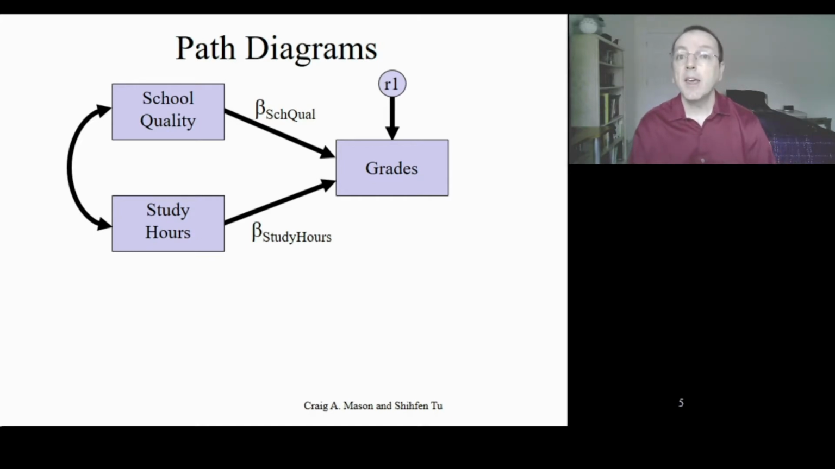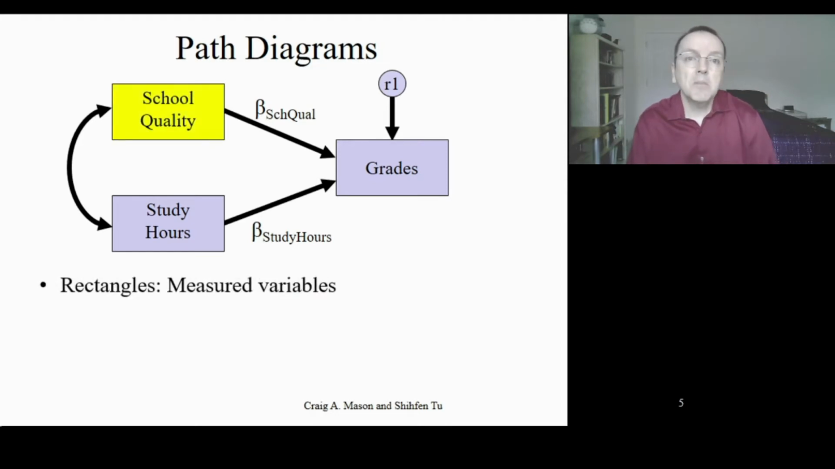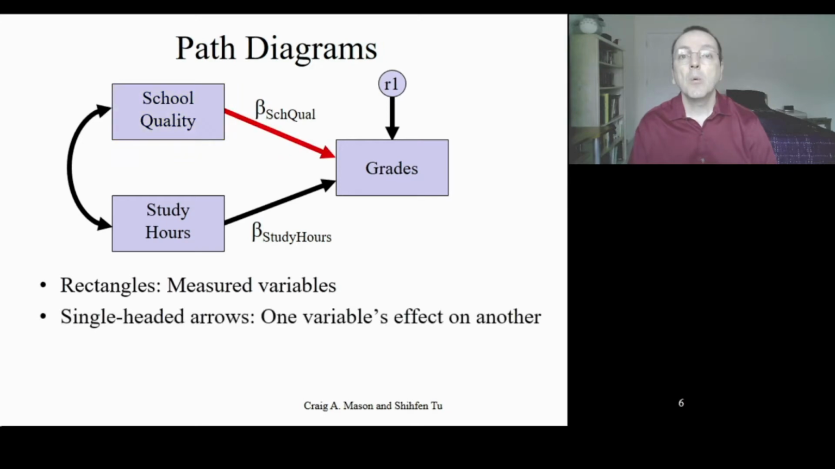grades. In path models, measured variables, things we actually have data on, are represented by rectangles, like our variable for school quality. It's a variable we've actually measured and we have data on it. We have one-headed arrows to show how one variable is predicted to have an effect on another variable. In this case, school quality is predicted to have an influence on our outcome, grades. In path diagrams, we talk about these as paths because it's the path of the effect from school quality to